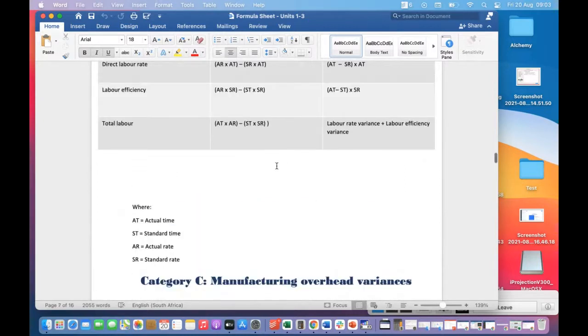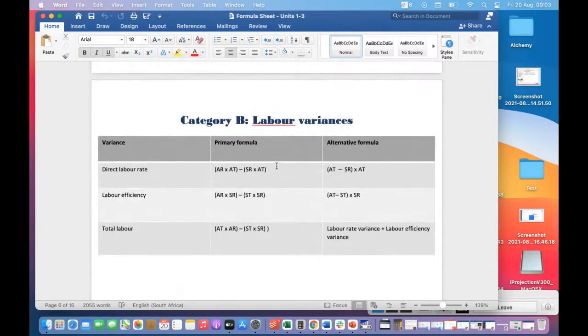Okay, are you guys good on that front now? So maybe just to quickly speak on this so that when we come back, we get into learning unit 2. So here, the direct labor rate. We're saying, what was the rate that we anticipated we would spend versus the actual rate that we are spending? What was the variance between those two? And then obviously times the actual time that was spent for labor.